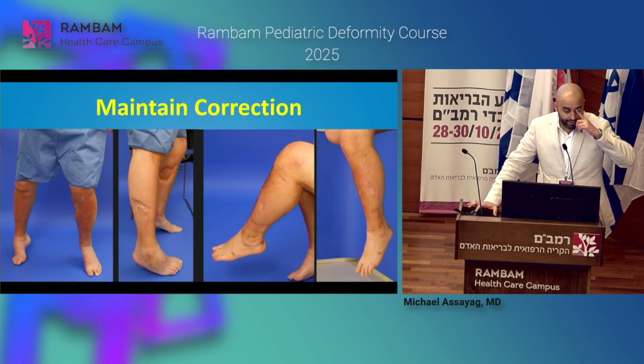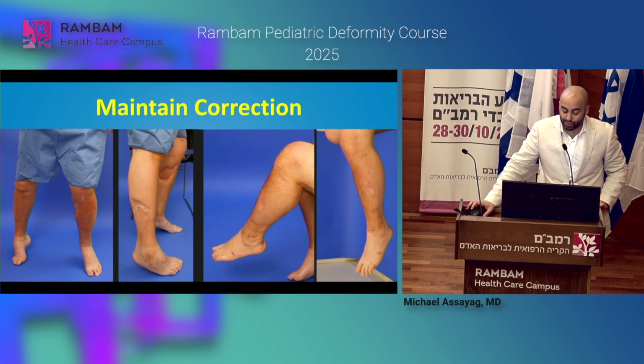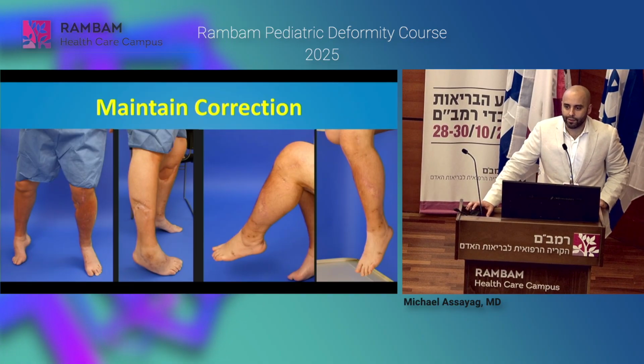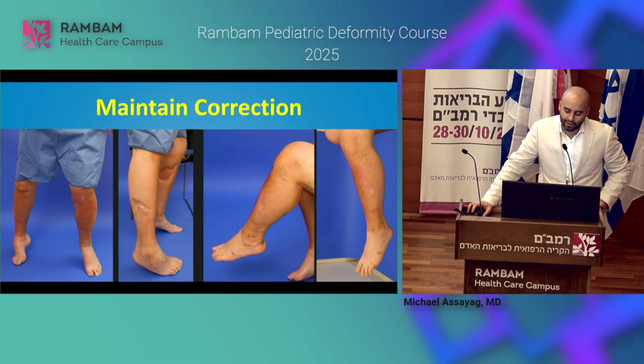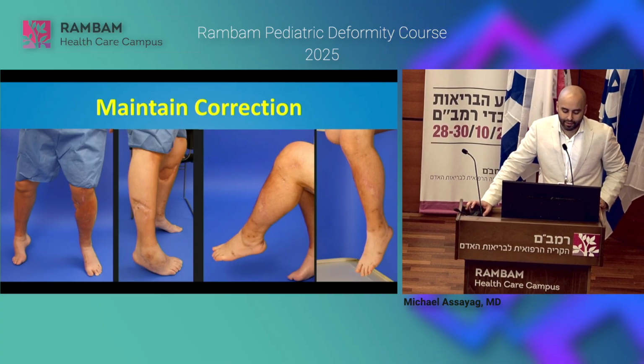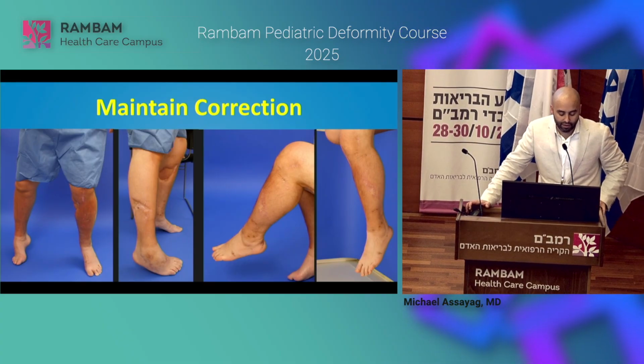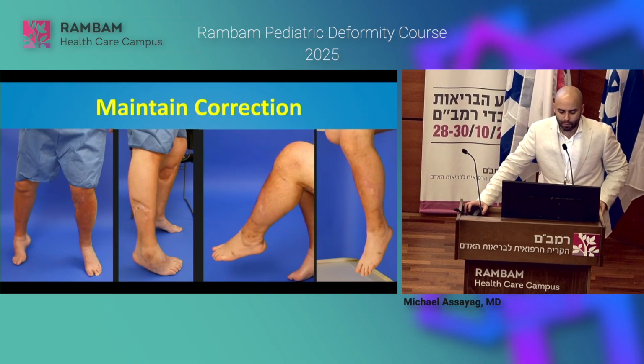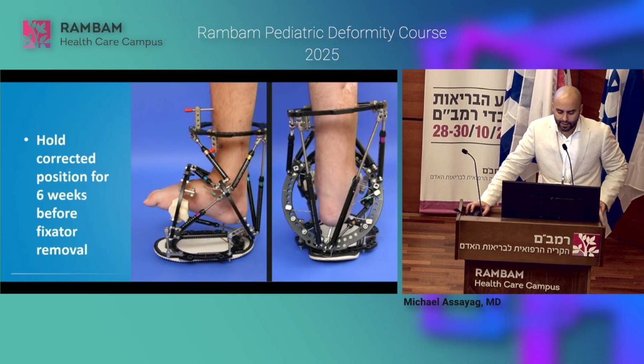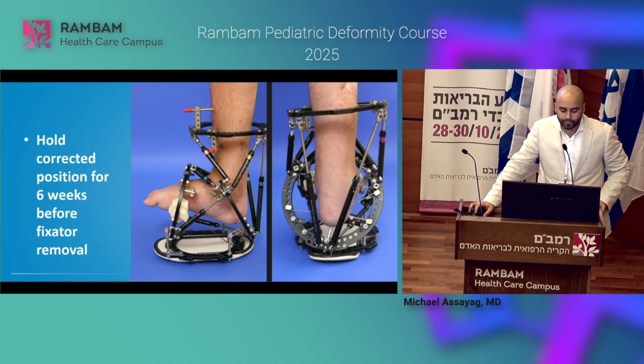This is a case I did when I was a fellow with Dr. Herzenberg, a gentleman who had seizures but yet kept on driving and got into multiple car accidents, and developed equinovarus contractures of his ankles, flexion contracture of his knees, and was treated for the ankle with a miter frame. So this time we didn't make the same mistake, right?